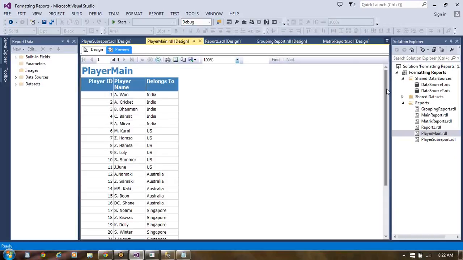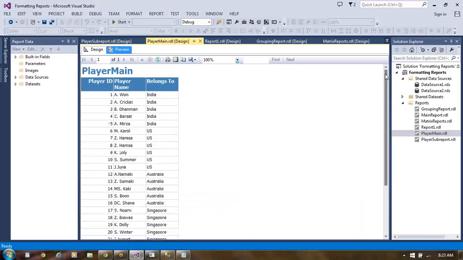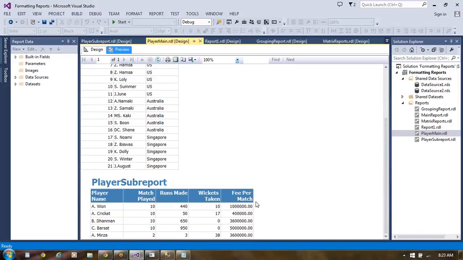For that we need to have a selection provision. Drill down report we need to make. We need to make here a drill down report. So this is player sub report basically. A drill down report now we should make. It is taking the country's information totally. India information is coming up for us. It is passing the very first record here, India. So as for that it is automatically showing for us. Because you have a criteria, only one country information can be shown in the player sub report.